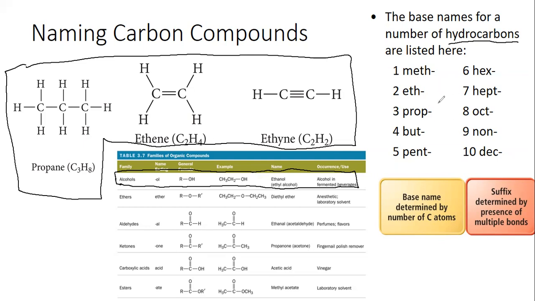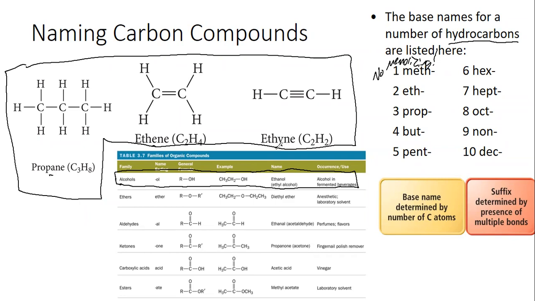In the number of carbons, you give it a prefix. So 1 is meth, 2 is eth, 3 is prop, 4 is but, 5 is pent, so on and so forth. So if you ever wonder what octane meant, that just meant a compound with 8 carbons and hydrogens. But don't worry about memorizing this. I won't ask you this on test 1. If you take organic, you will have to know this, but for test 1, we don't need to worry about this. What we do need to worry about is